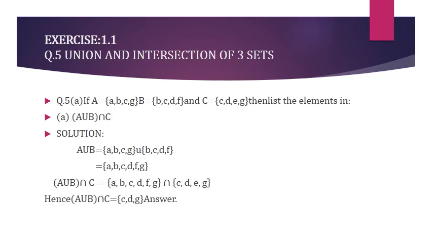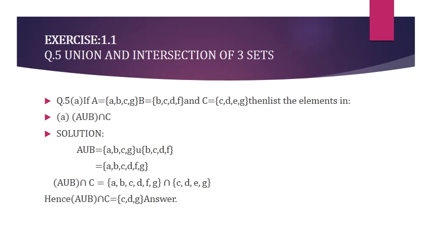In one part, 2 operations are given in the question. One operation is in the bracket, that is A union B, and one operation is outside the bracket. First, always remember that in union we have to unite the elements of the two sets, and in intersection we have to just see the common of the two. Now first understand the question.